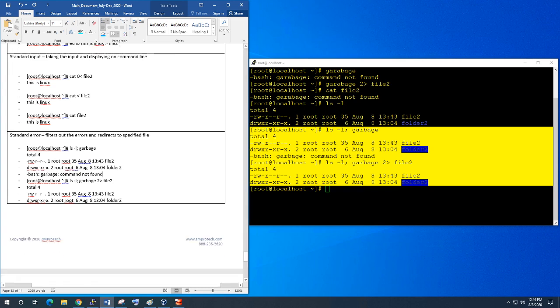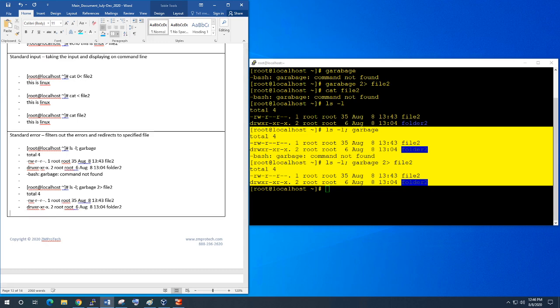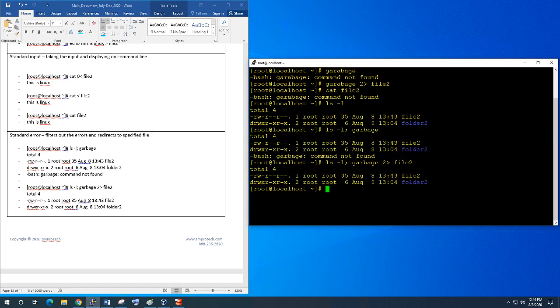Okay, now you see the difference here, right? We ran the same command with 2 greater than. Because we didn't tell where to put it in, it's going to put it on the command line by default. Okay? So if you do cat file 2,